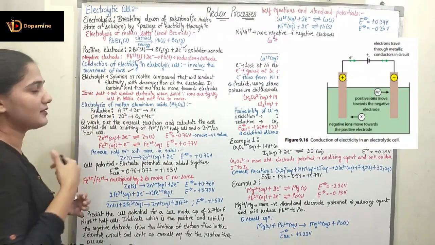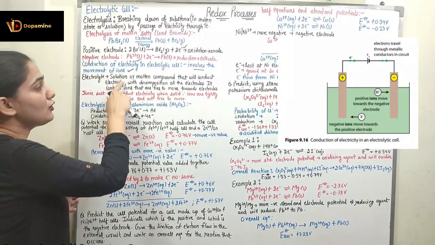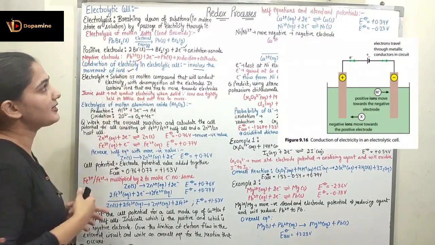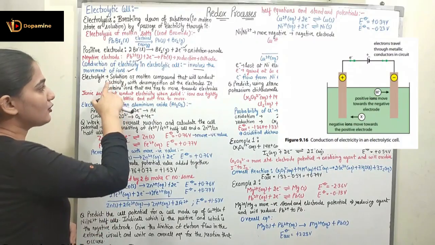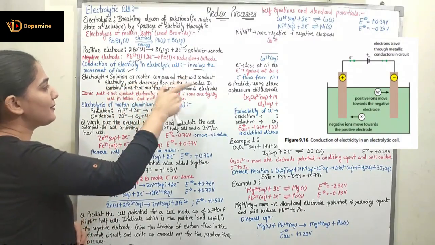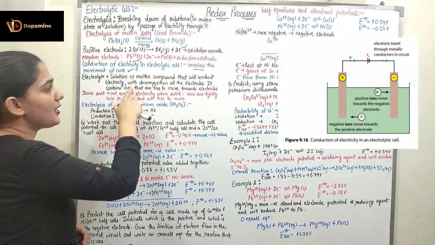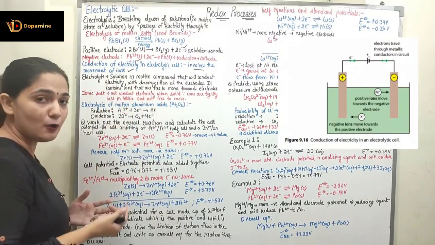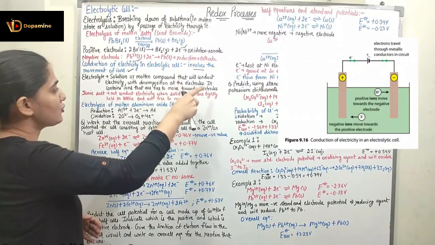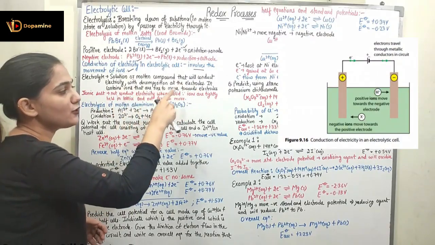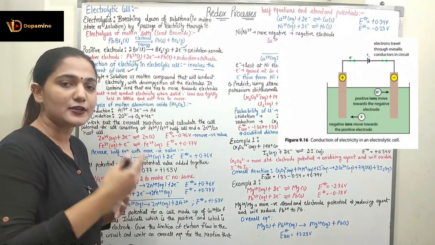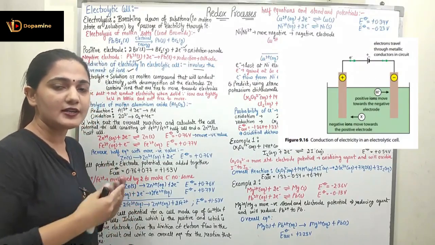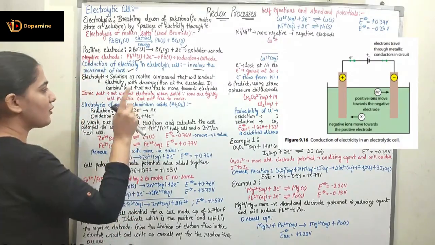Coming to the electrolyte. What is the electrolyte? An electrolyte is a solution or a molten compound, like here in this case where I had taken lead bromide. So an electrolyte is a solution or molten compound that will conduct electricity and decompose at the electrode. It contains ions that are free to move towards the electrode, and with the movement of ions I can say the current is moving. So the current is passing with the help of the movement of ions.